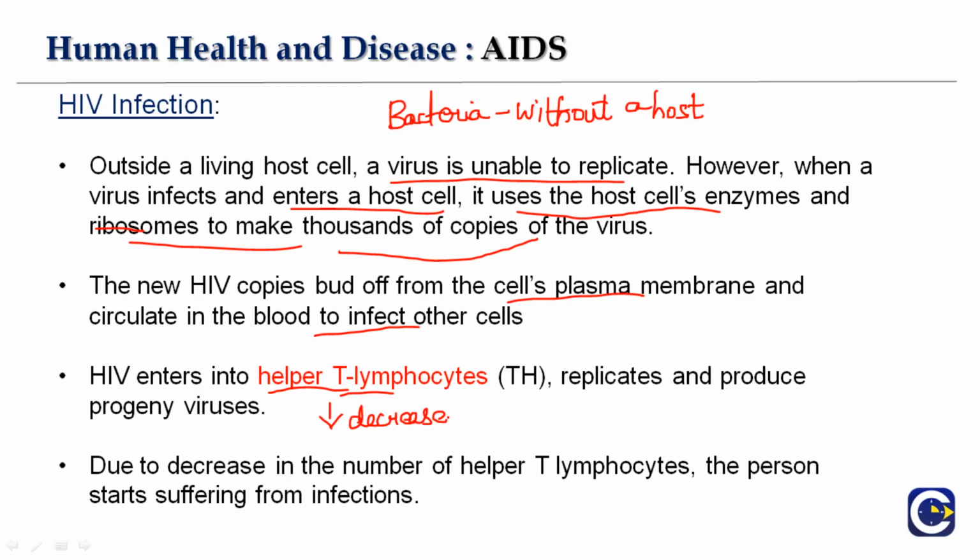Viral infections can suppress the function of the infected cells, causing structural damage. So what happens here? The infected T4 cells do not appear to release normal amounts of interleukin 2, gamma interferon and other lymphokines. Interferons are exclusively released for viral infections. So when these productions are suppressed, the virus will gain more power. This has a marked damping effect, which will have a great impact on the cell-mediated immune response. Due to the decrease in the number of T helper lymphocytes, the person starts suffering from infections.